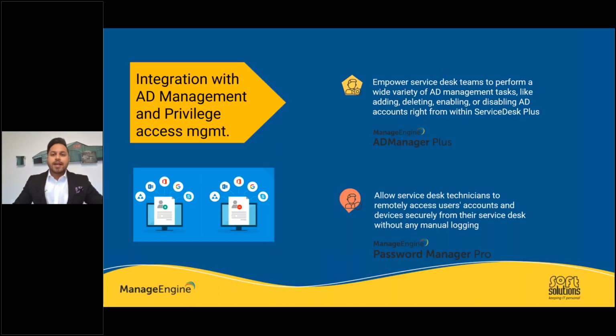AD Manager. So AD Manager is an Active Directory management tool. So just to be very clear, ManageEngine is not trying to compete with Microsoft here. It is just a complementary tool. So the things your native Active Directory doesn't let you do, with AD Manager you can do these tasks. And when you integrate AD Manager with your Service Desk Plus, you can automate the entire user onboarding and offboarding process. I'm going to talk in detail about this in one of the later slides, but just to give you